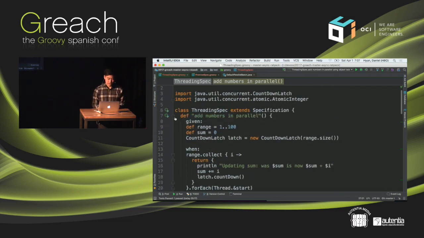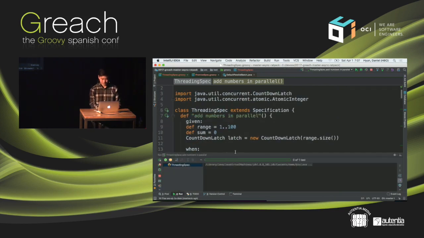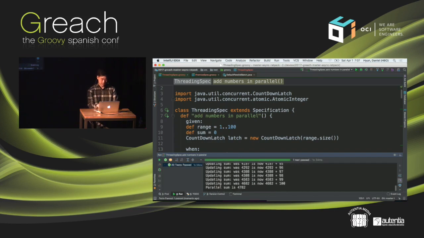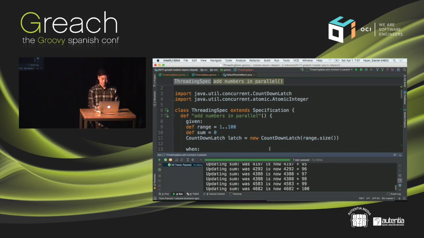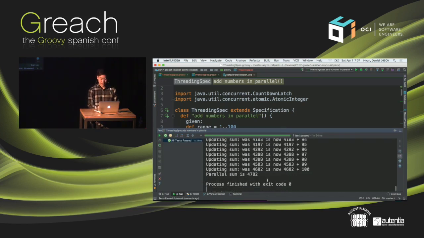And if we were to execute this and see the result, anybody who's been doing any kind of multi-threading work in the JVM will understand the pain here. We fall pretty short of our total sum, which should be 5050.